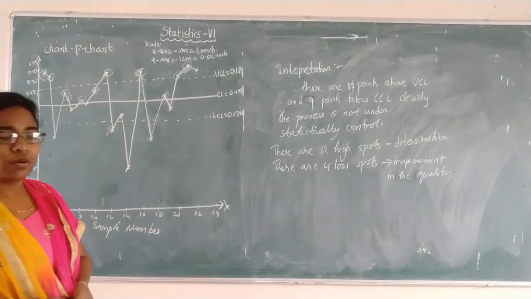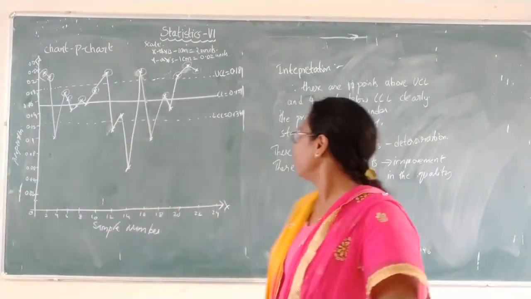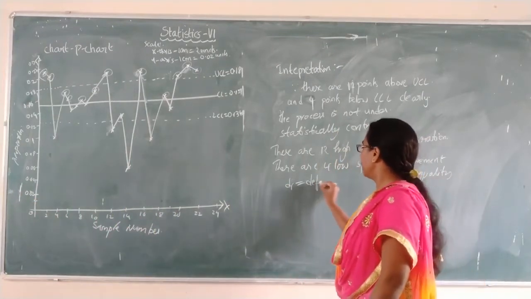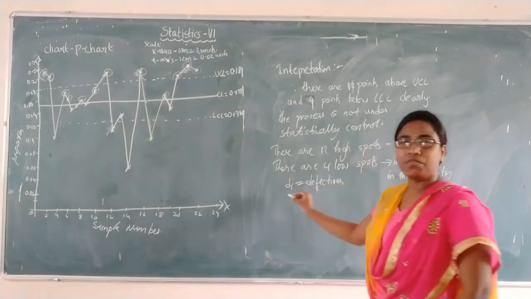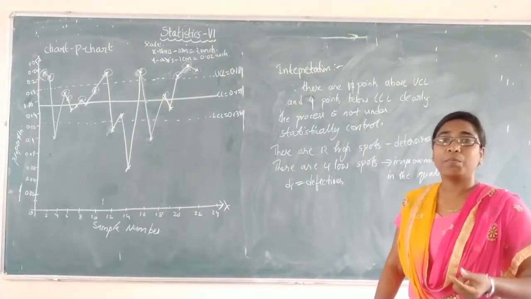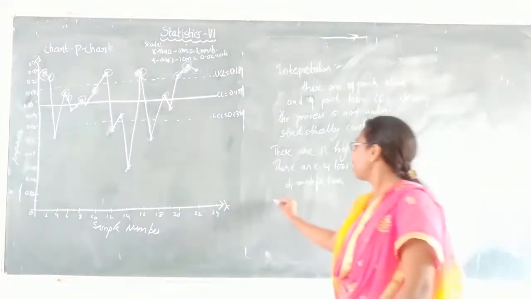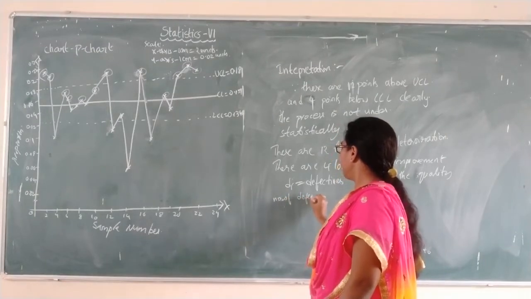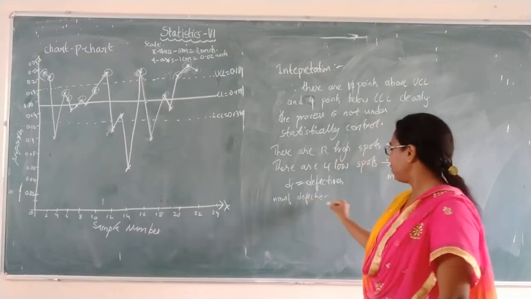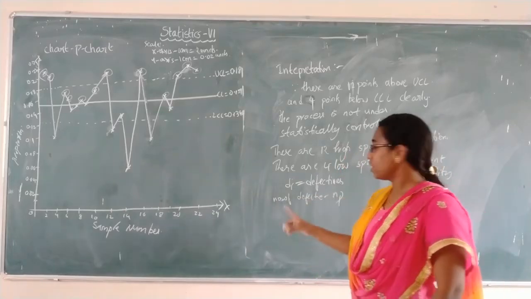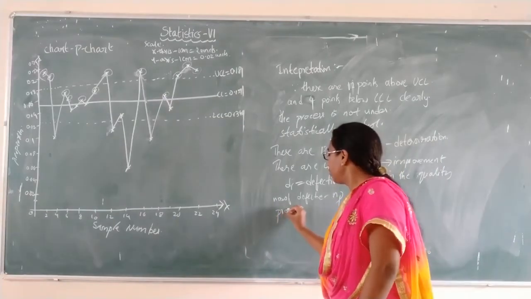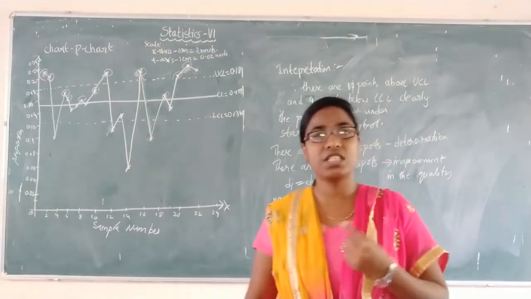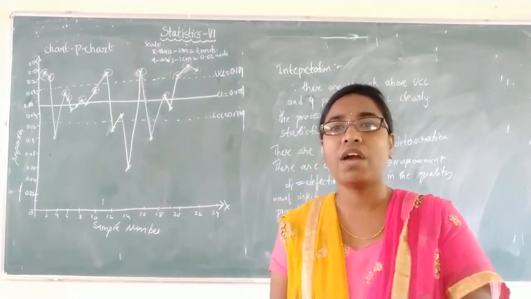So in our P chart, in the question you will have only the DI values. So what are DI values? The defective values. Defectives. So whenever you find defectives, it will be either a P chart or NP chart. If they are saying number of defectives, then you use NP chart. Suppose if they are saying proportion of defectives, in your question they will not easily mention construct P chart or construct NP chart. By seeing, you have to identify.